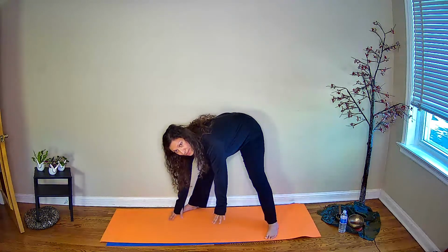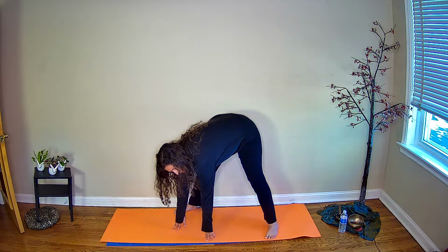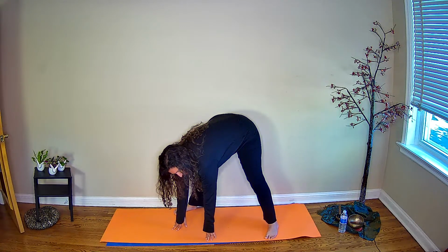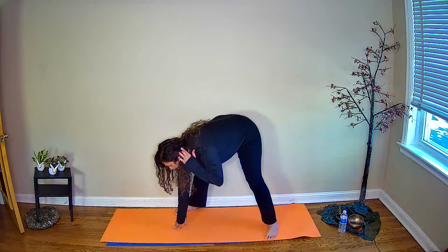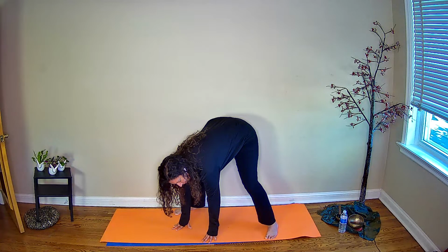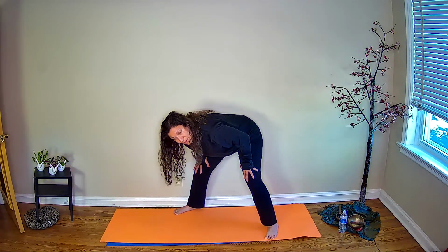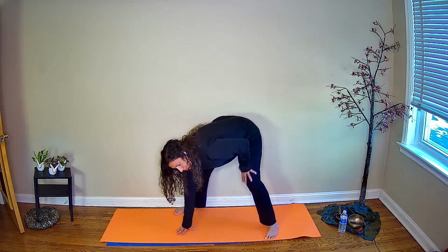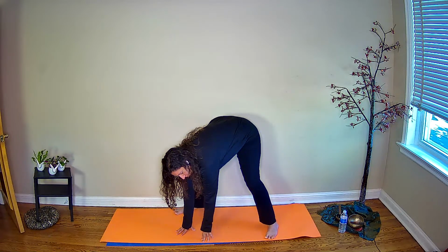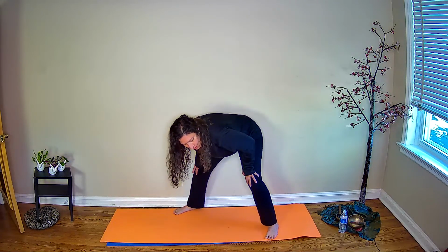And you could take your hands down towards the floor. Try to keep your hips, your heels in one line. And if you start to feel like you want more space, bend your knees. If your hands are connected to either your legs or the floor, then you can take a rotation. But if you're lifting and not touching your legs or the floor, then stay here and give yourself a little